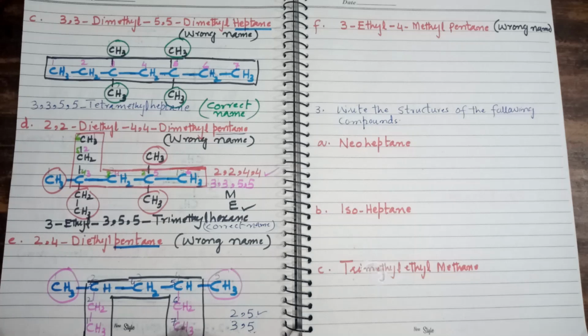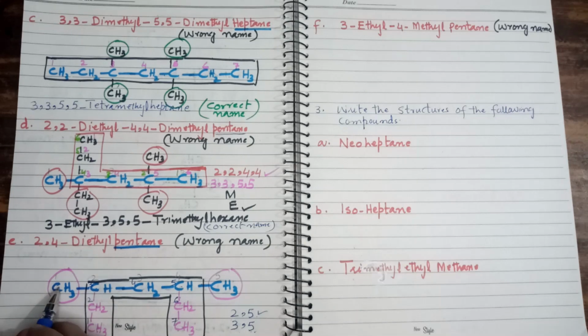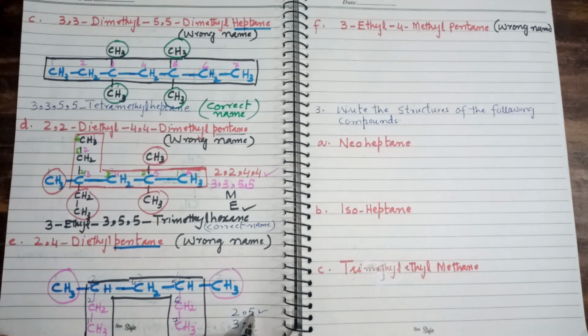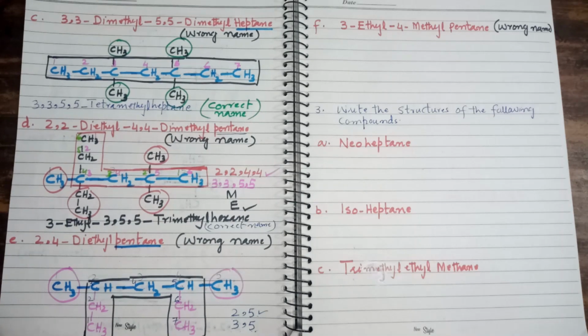Now assign the correct IUPAC name to this molecule. What is the correct name, students? How many methyl radicals are there? There are 2 methyl radicals. So we use the term dimethyl. Before writing dimethyl, we must specify their positions. One methyl radical is attached with carbon number 2 and the second methyl radical is attached with carbon number 5. So we write the correct name here,